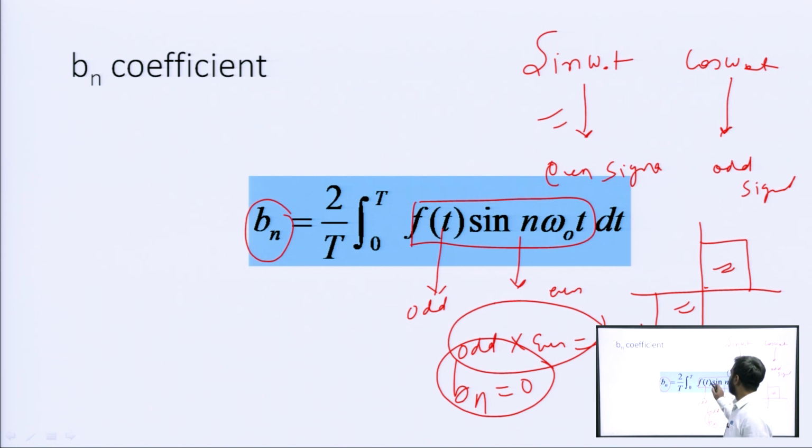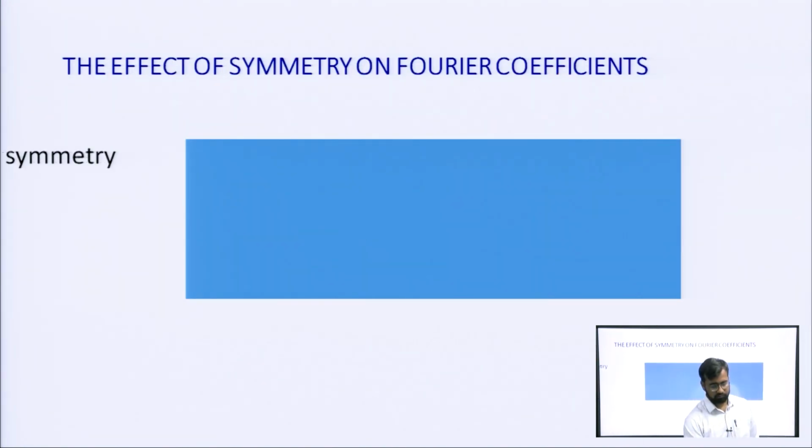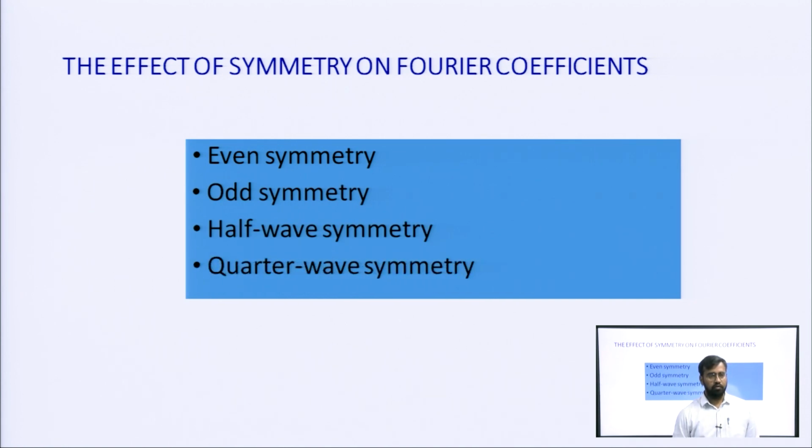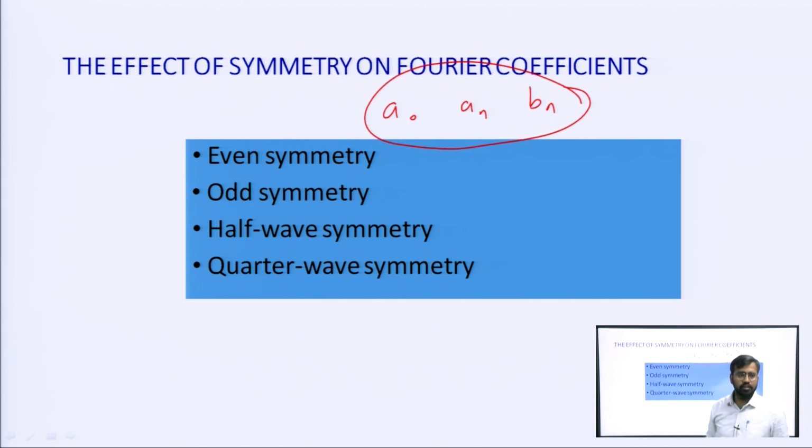So, here you have to check if we are able to find the nature of this signal or this function, whether it is even or odd. If we are easily able to find out the nature of this function, then by seeing it, without calculating, we can directly say the value of b n or a n. Okay. So, these are some effects of symmetry on Fourier coefficients. Now we are required to find out a naught, a n and b n, these 3 values, to represent any signal or function in its Fourier series.